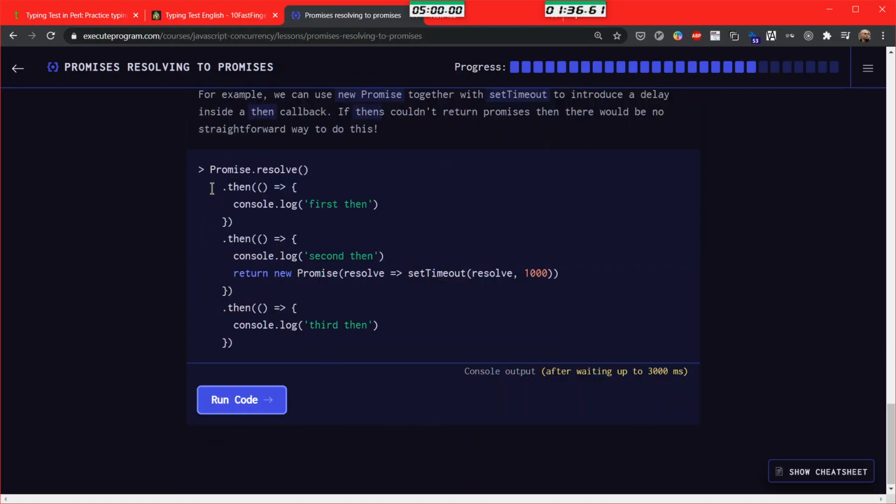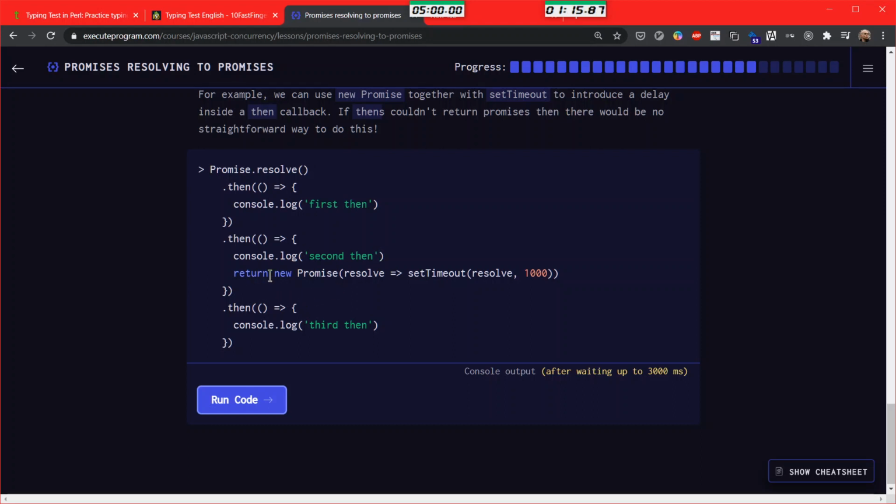Okay, show me. So we have a Promise.resolve that creates a promise. Then we have .then, and we just print out first then. Immediately after that, we create a new promise, and we have second then.